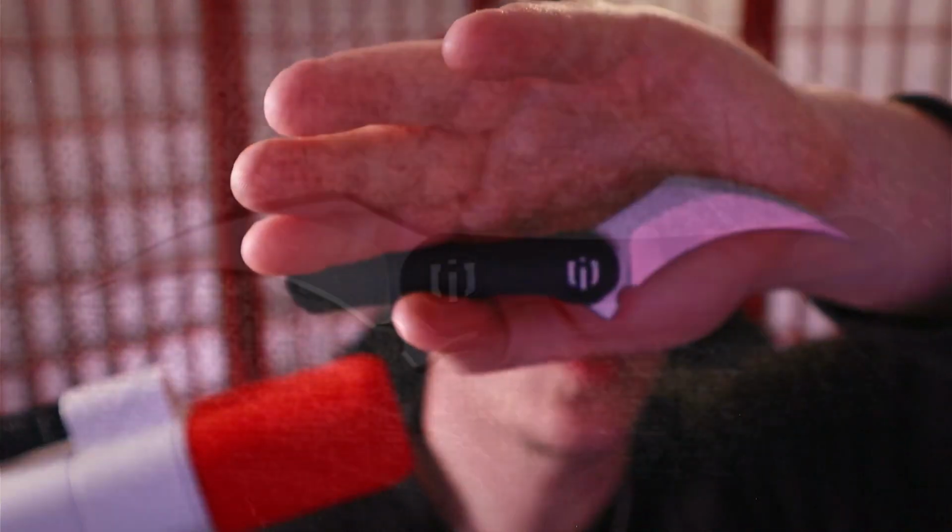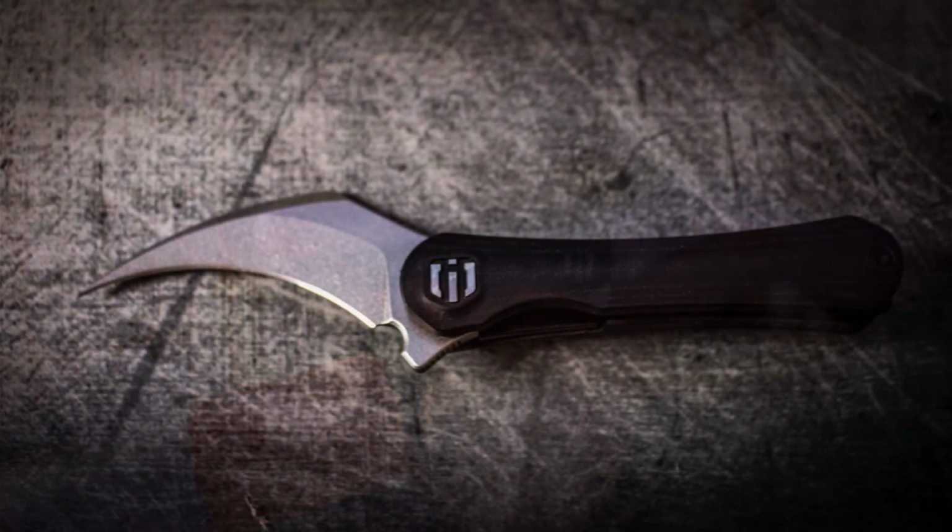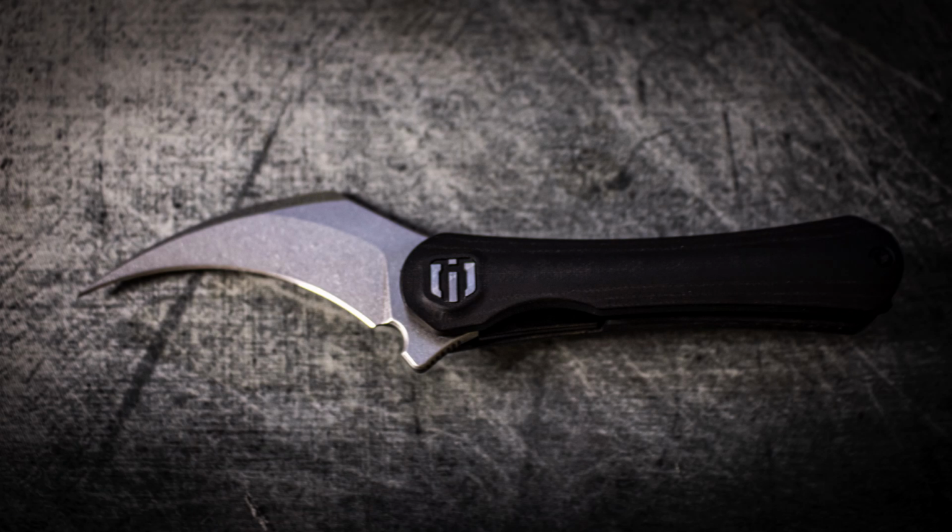And today we're talking about this guy. This is the Old Squirrel Knives Scythe by our good friend over at Tier 1 Gear Reviews. That's right. This is his knife from his channel. It's his knife company, which is fantastic, by the way, because I love it when knife reviewers make their own